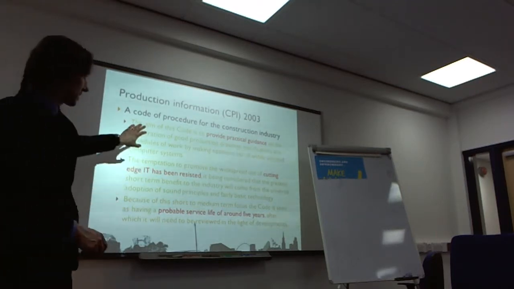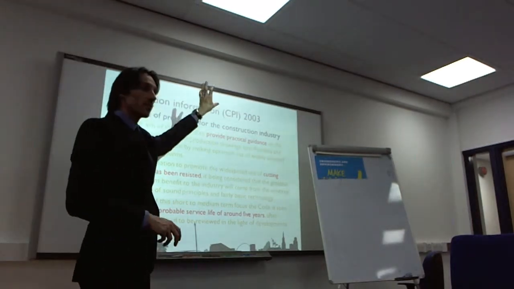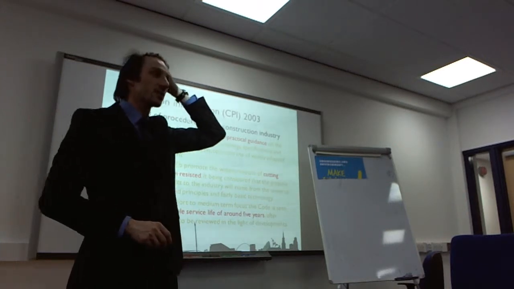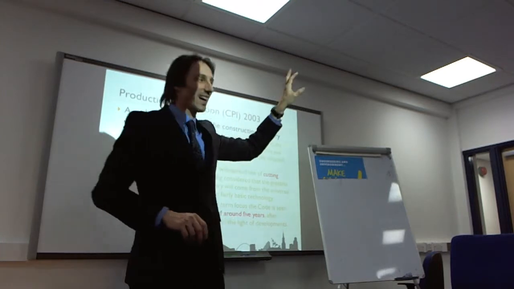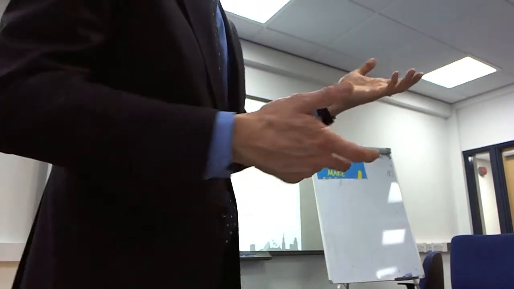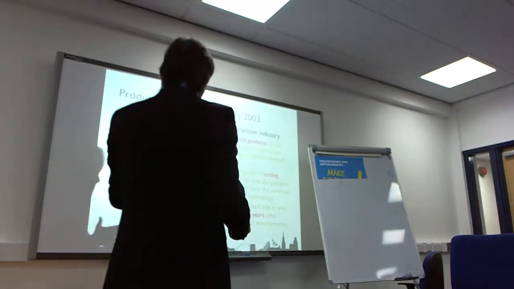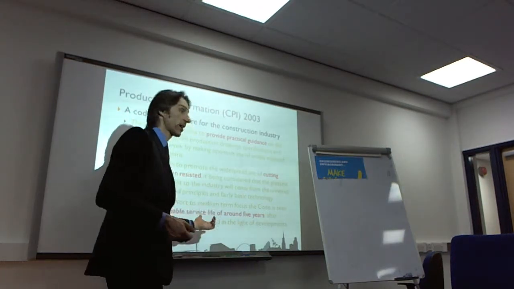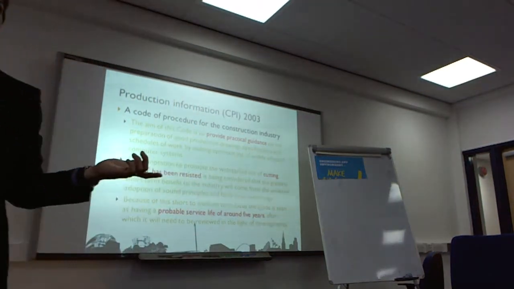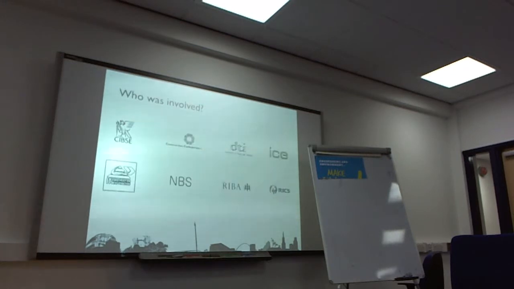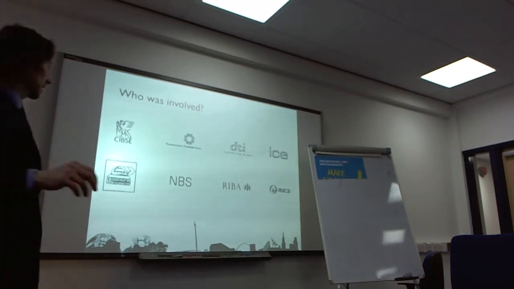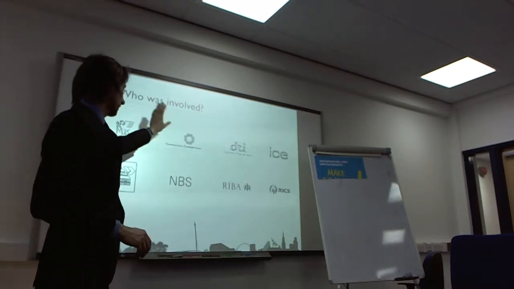So these product information management strategies are from 2003. The problems are still there, but they kind of stated that they would probably need servicing after 5 years. It never happened because then BIM started to pick up and they said, well, whatever, this is going to die anyway. And people involved are these people. People involved are all sorts of people in the Confederation of Construction,